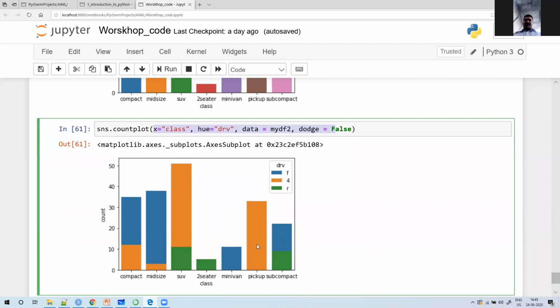Look at the pickups. Pickups are trucks. If you are familiar with the concept of trucks, GMC, okay, in India you have Isuzu, which makes trucks. So there is a cabin and there is an extension to it, etc. Right? So these are the pickup vehicles, and all of them are four-wheel drive type, because these vehicles are heavy, and that's the reason they have to produce very high torque, and that's why they have to have a